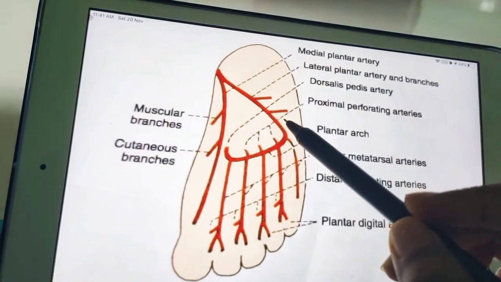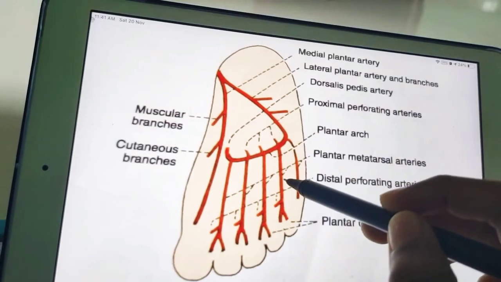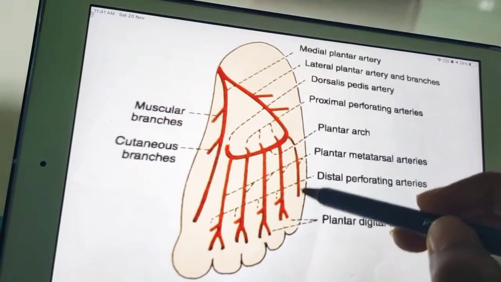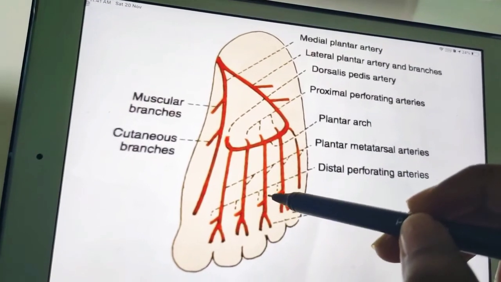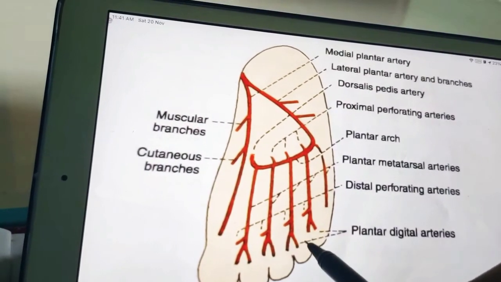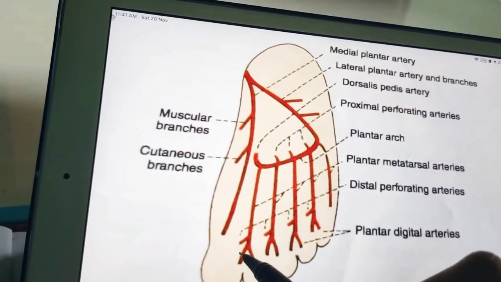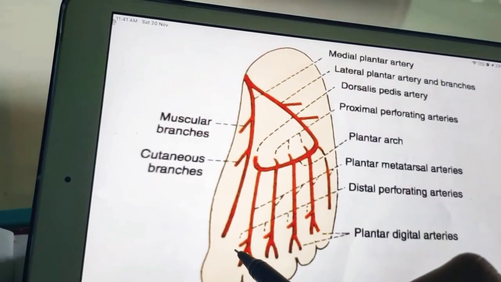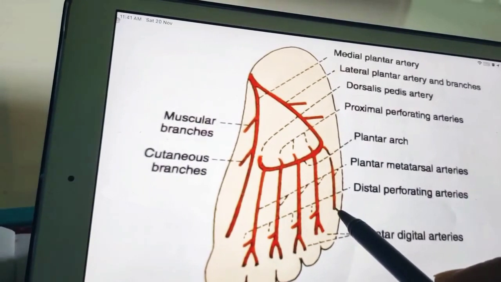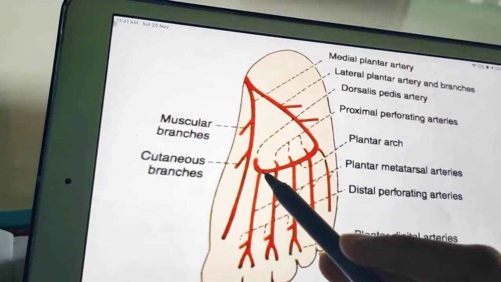So what are the different branches of the plantar arch? It has four plantar metatarsal arteries. You can see 1, 2, 3, 4. These are the four plantar metatarsal arteries which run distally, one in each intermetatarsal space, and each artery ends by dividing into two plantar digital branches for adjacent sides of two digits, and the first artery also gives off a branch to the medial side of the great toe. The lateral side of the little toe gets the direct branch from the lateral plantar artery, and the plantar arch gives off